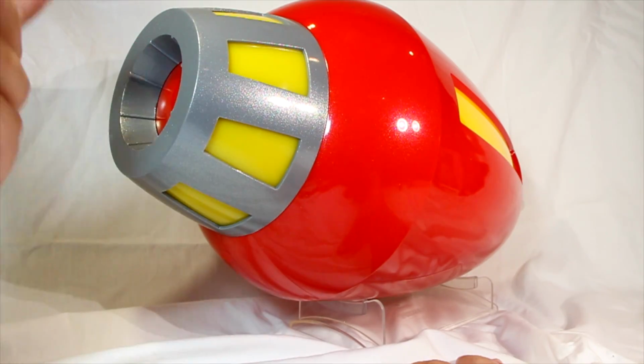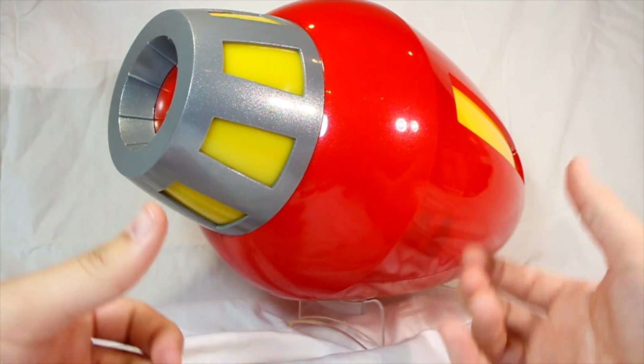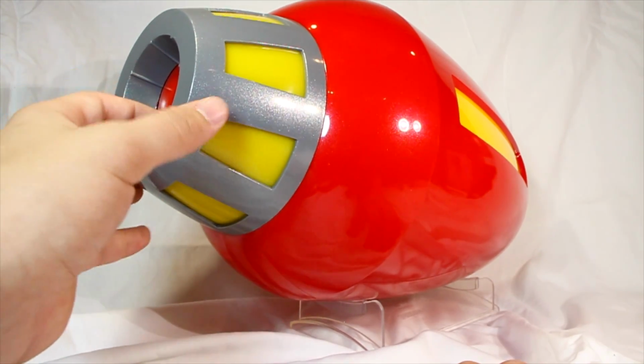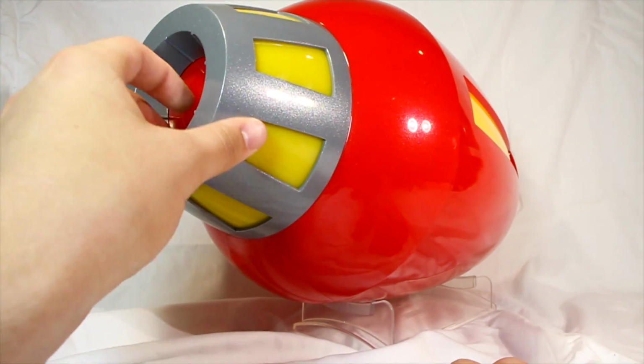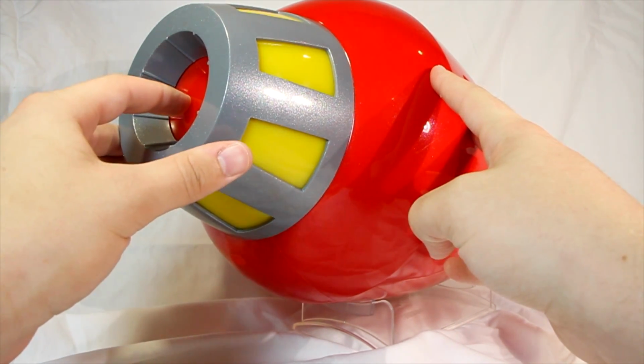This thing just kind of has a bit of a cheaper feeling to me. Now, the plastic, it all feels good. Everything feels nice and solid, and it has a good weight to it, but there's just certain things. So, for example, this little piece in here, I can kind of move it around, the red tip of the Buster. You definitely won't be able to see it, but if you listen really closely,